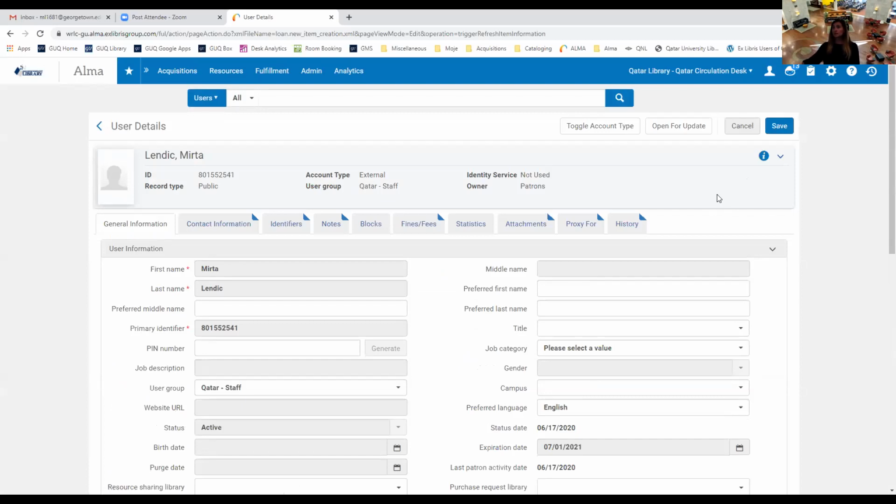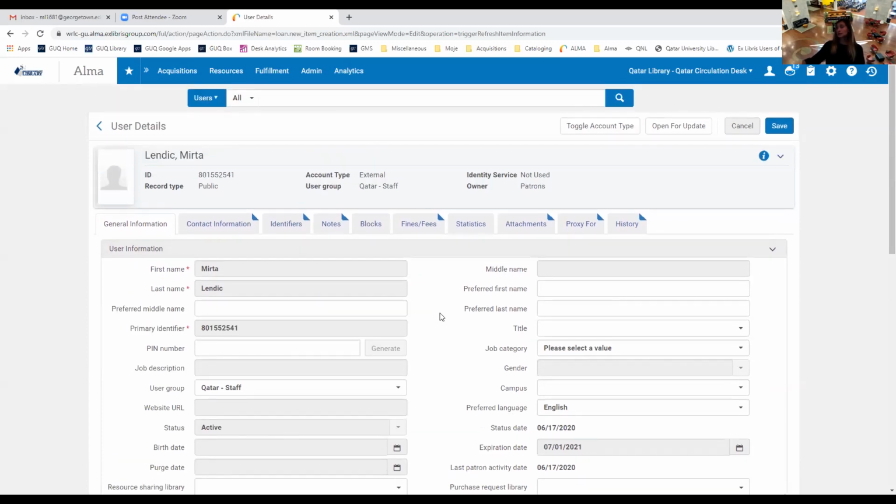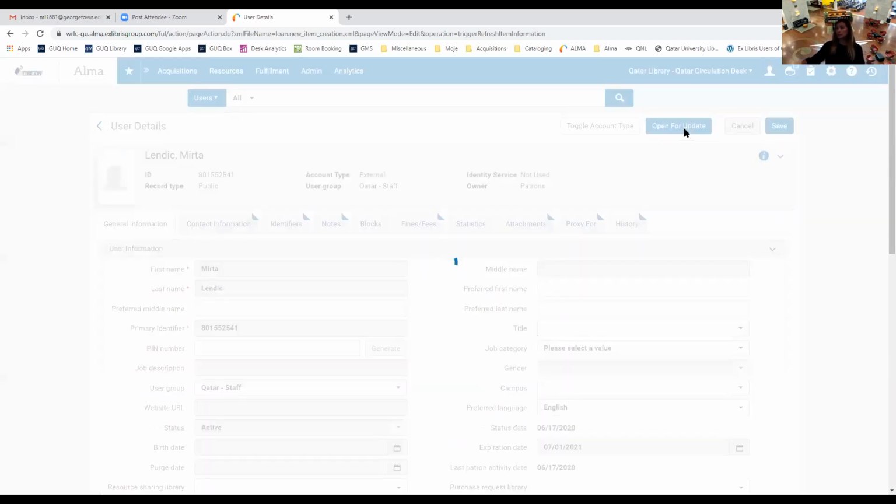Okay, so now this is all the information on my account. We have a button up here that's called Toggle Account Type. If you were to click here, this would switch this account between external and internal. And here we have another button that's called Open for Update. So I mentioned just now that the shaded fields cannot be edited unless you open them for update. So if I click here,